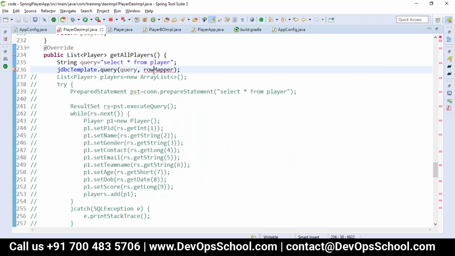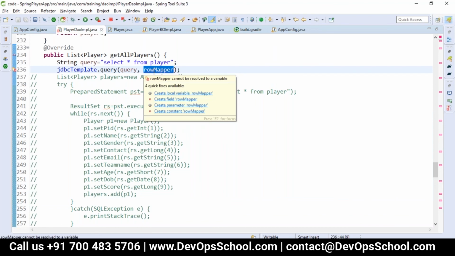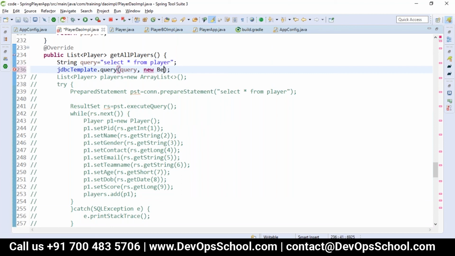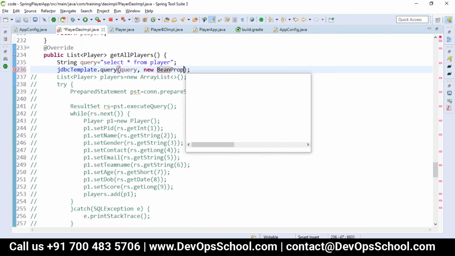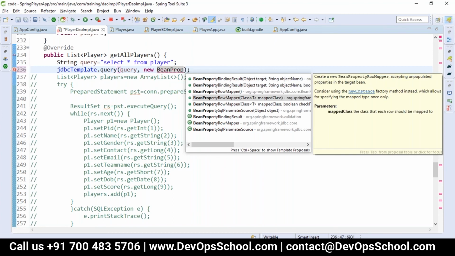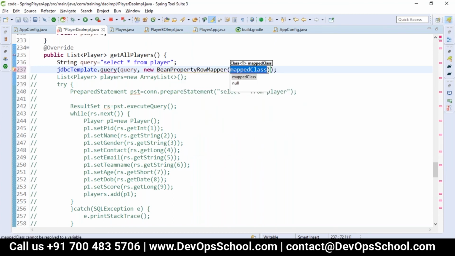Or else we have another solution. Spring has a class called BeanPropertyRowMapper. It will ask which class you want to map it to. I want to map it with player.